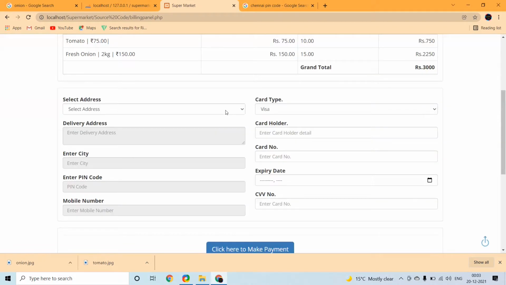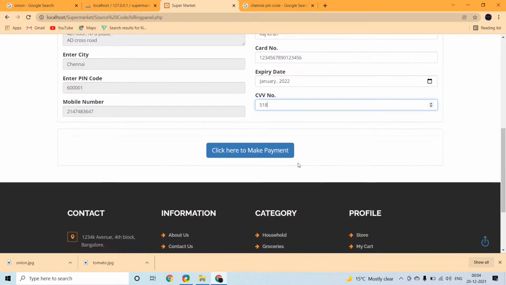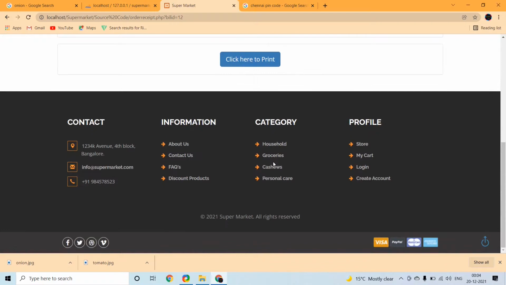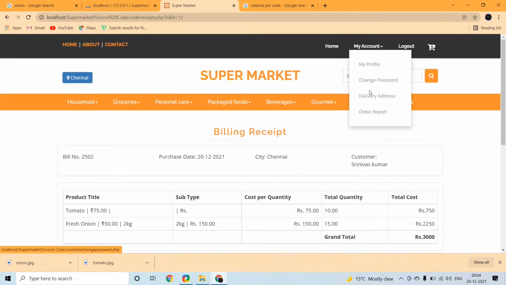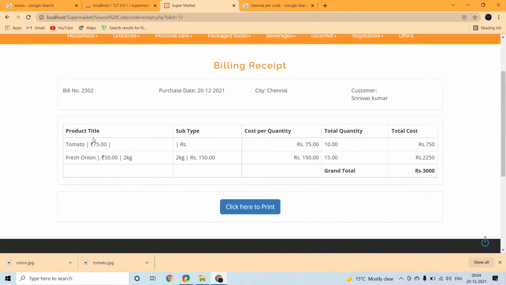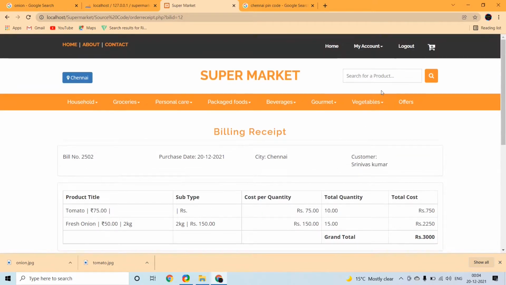If you already typed the address of the customer, a customer can buy directly by clicking on cart. You can print the billing receipt. Now you can see the billing receipt.